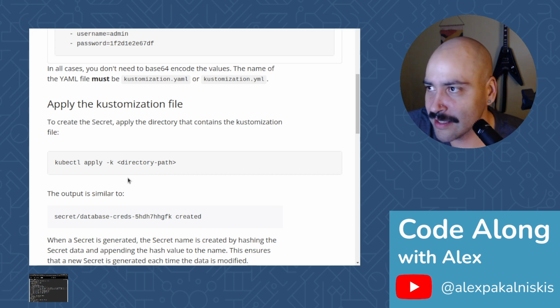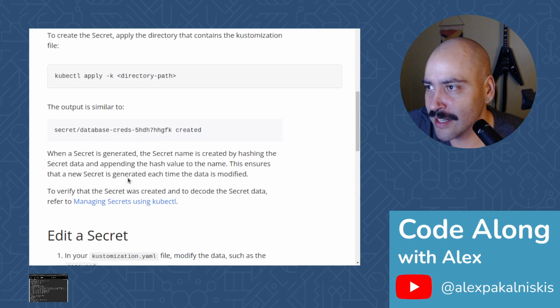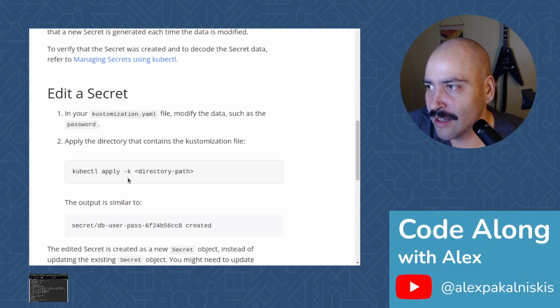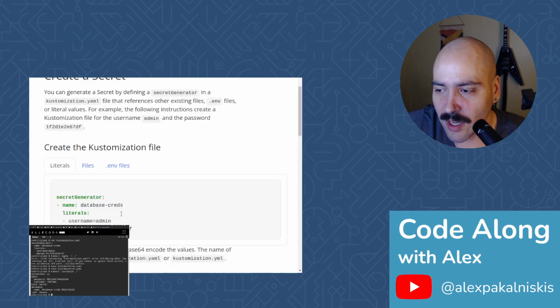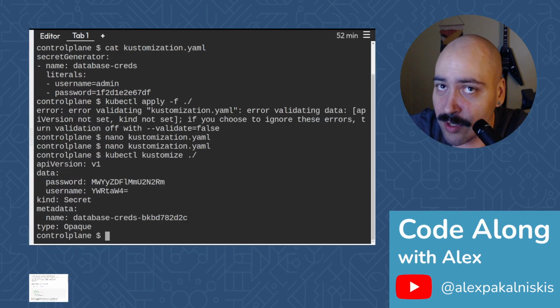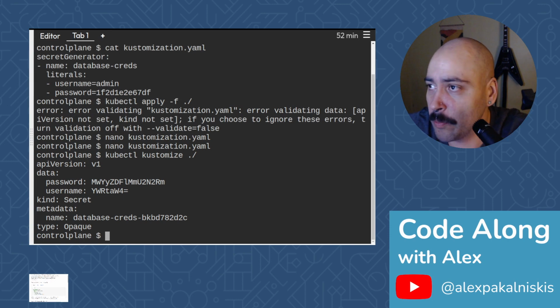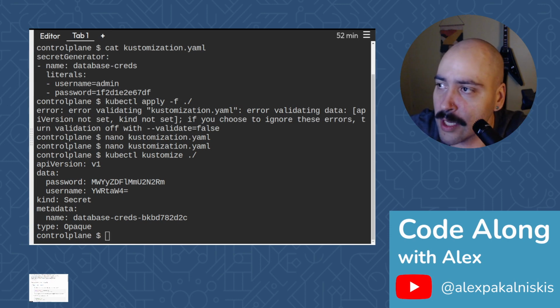All right, let's now try another method of customization file. So I'm going to go back to my Killer Coda with kubectl. So now let's create two files, one for our username and one for our password, and we're just going to store a string in each of these files, and then we're going to update our customization YAML to point to those files